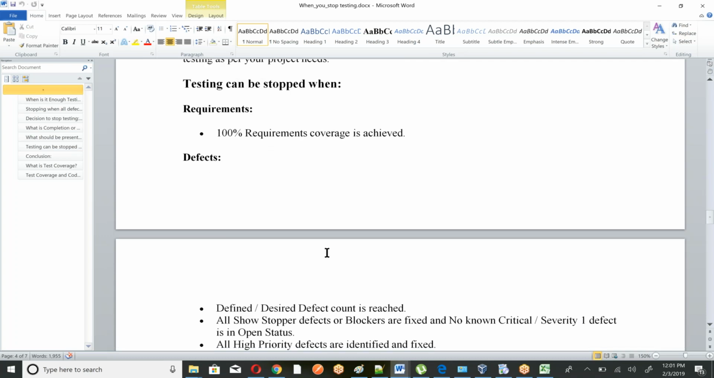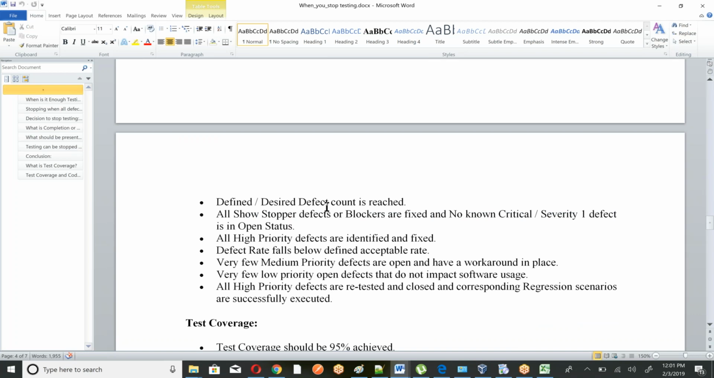100% requirement is done. And then the defect count is reached, and all showstopper defects are blocked or fixed, no non-critical or severity one defect is open. There is no defect, and then all high priority defects are fixed. Severity one defect is open. Severity and